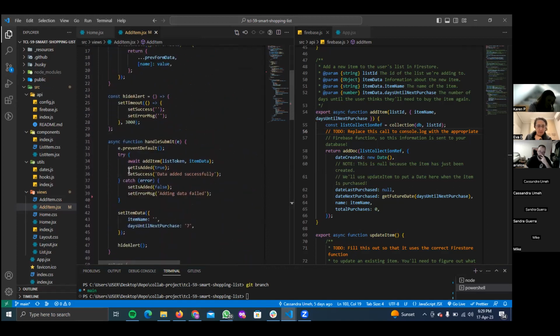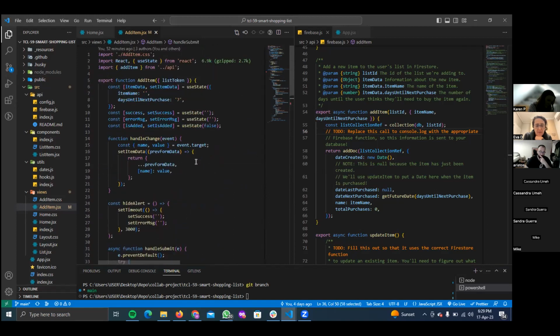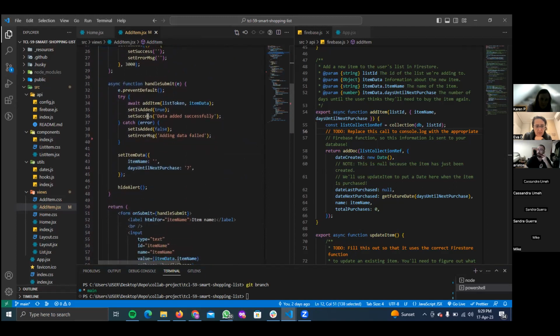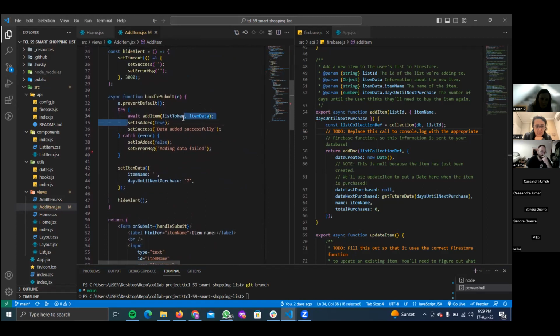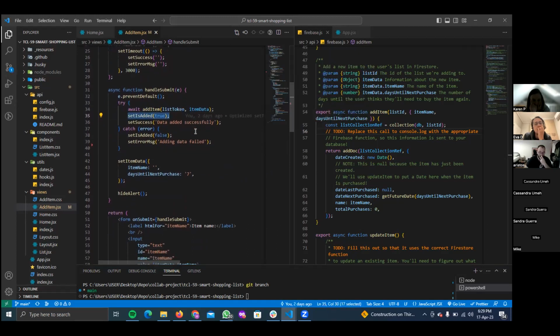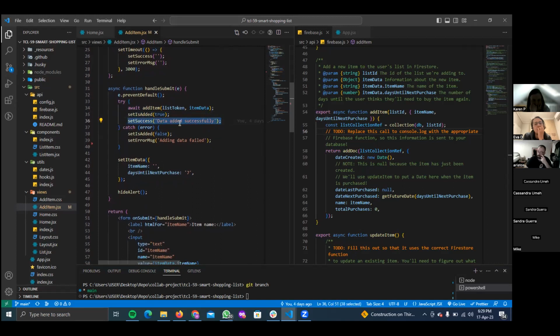So for the other states we are using here, we created these three states in order to handle the success and error messages. So for this set, is added, initially was false, and then if this item is successfully added, this function successfully runs, then it becomes true, and this set success receives this new message inside it.